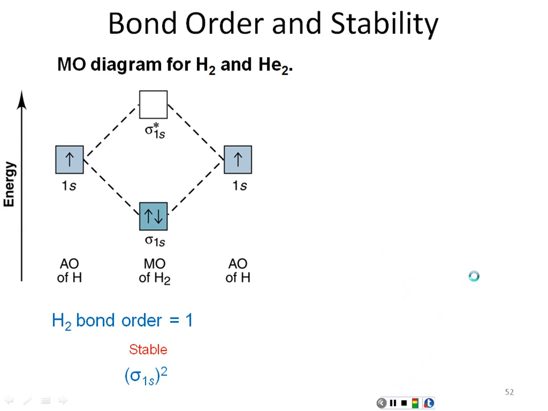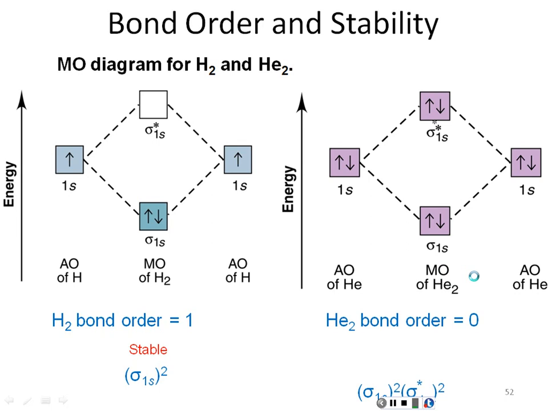Now let's look at bond order with respect to stability. We've seen the molecular orbital diagram for H2. We've calculated the bond order. We know that's 1. It's a stable molecule. Now if we looked at helium-2,